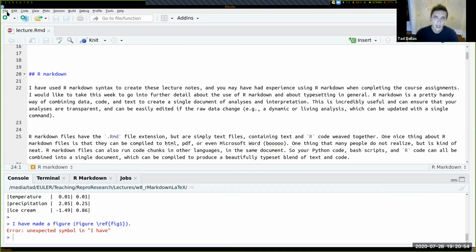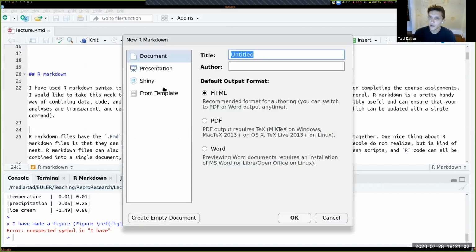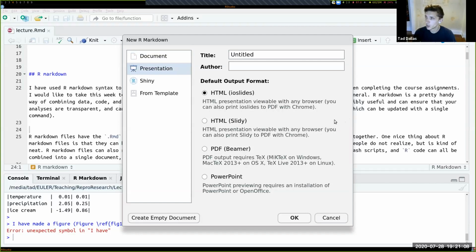How you go about it in RStudio is you click on new document, and you click on R Markdown, and then it allows you to choose whether you want to do a normal document in one of these formats, or a presentation, and there are different frameworks for presentations.